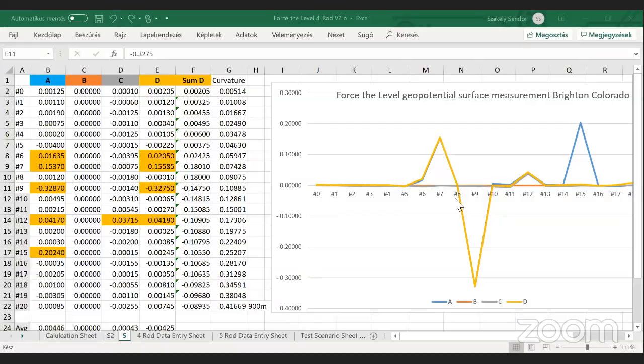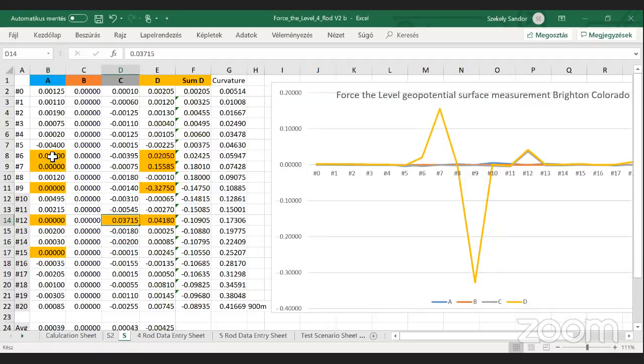We will investigate what these peaks really mean, whether they are really geopotential surface measurements, or whether we had any type of problems with the wind shaking or turning the rods that could introduce an error there. But if I take out all these high values, let's do it this way, that I marked here on the left, this is actually what we are investigating now,